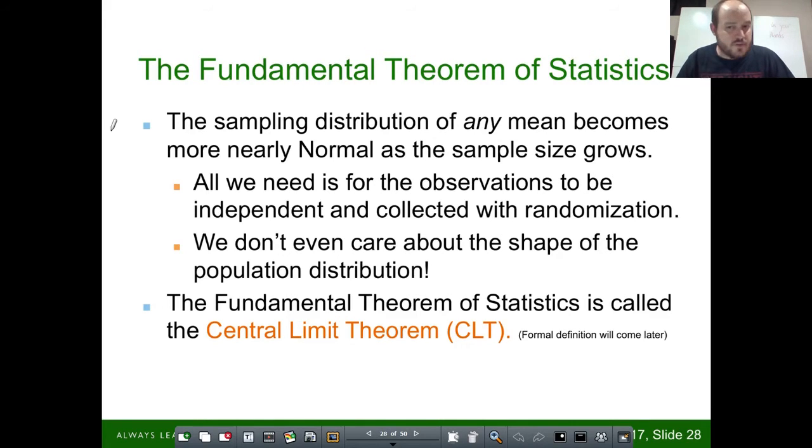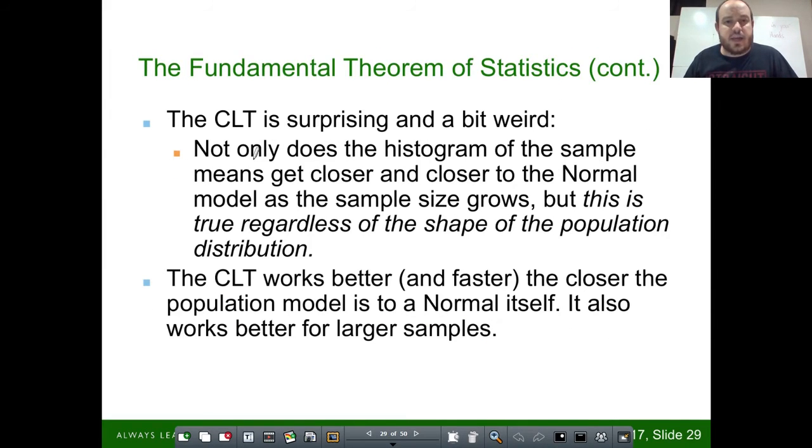I'm going to do a full slide on what the book says the central limit theorem is in a second. But first, let's look at some other fun facts about this. It says it is surprising and a bit weird, because not only does the histogram of the sample get closer and closer to the normal model, but this is true regardless of the shape of the population distribution. This means that if I were to talk about something like salaries, how much people make when they get